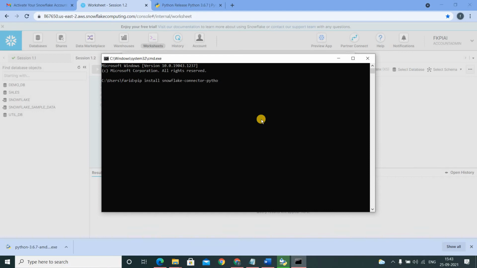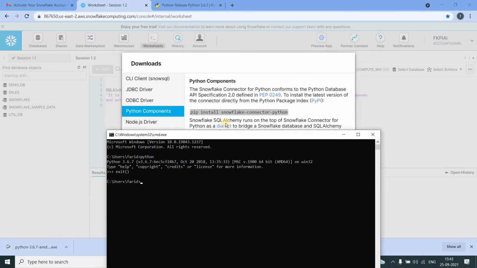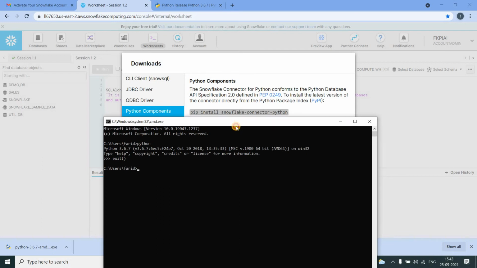Before running this command, let's check whether Python is working on our machine, because we just installed it. Yes, it's working, so we are good. Now take this pip install command to install the Snowflake Python connector.